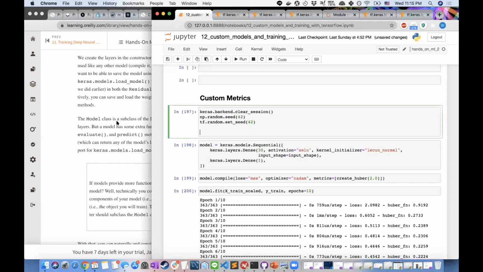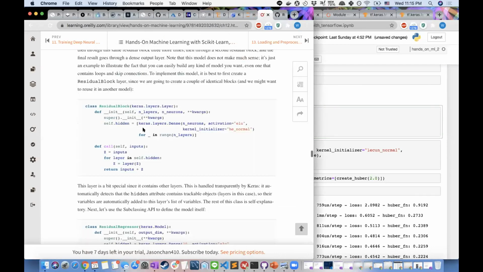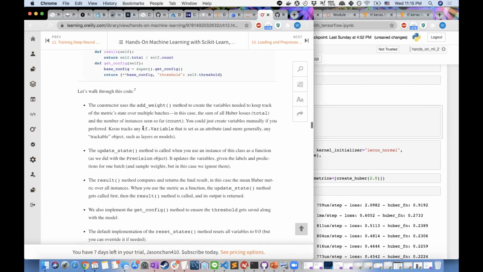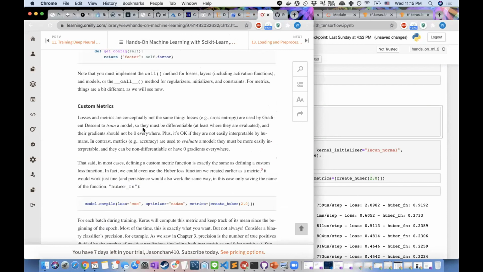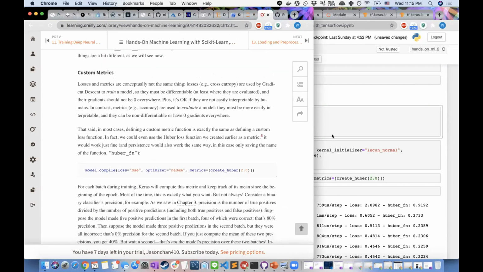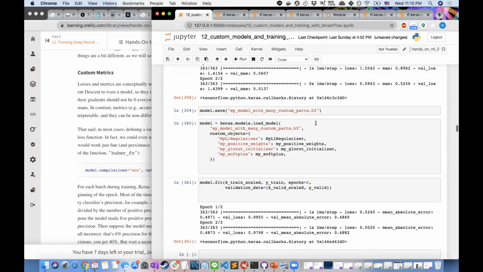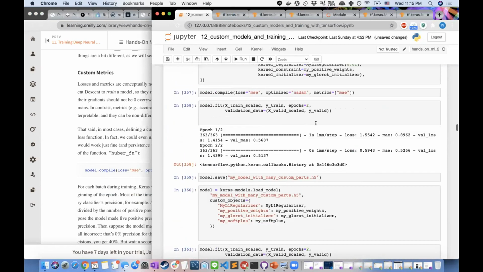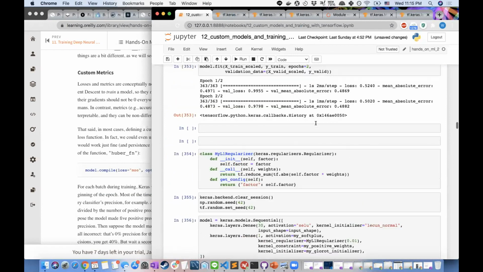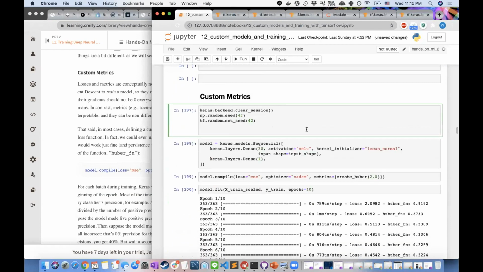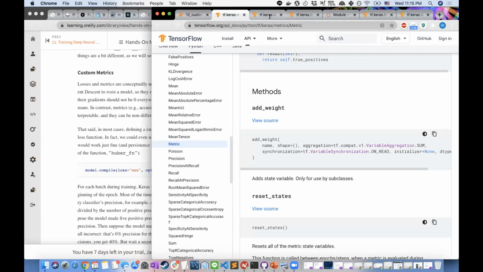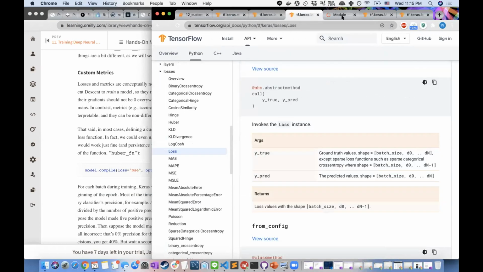Yep. Okay, let's go to the custom metrics. I think we're following generally the same ideas as with loss functions, activation functions or regularizers. We're just customizing metrics now. And I think it's important to keep in mind that I believe,